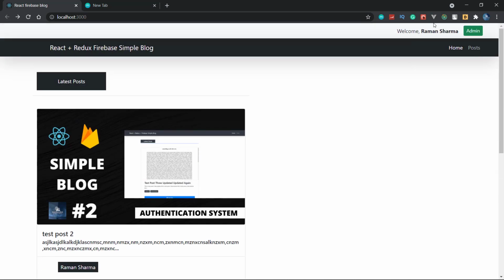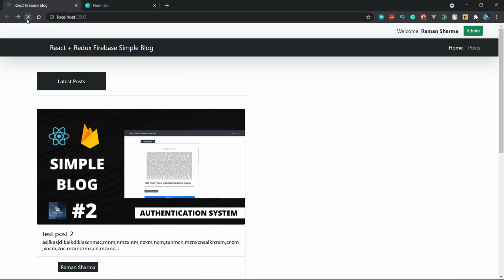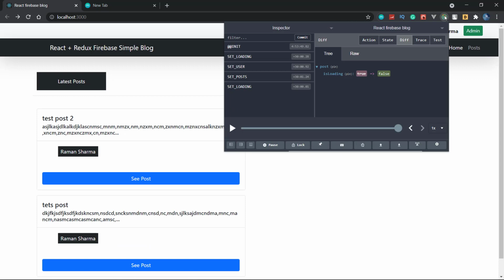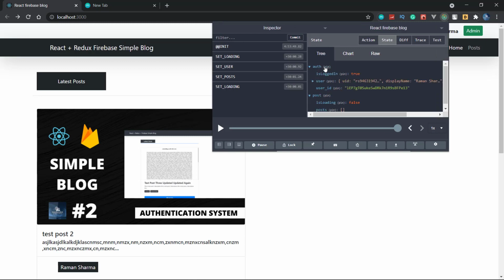Now we are actually not getting this button, so we should get this button. So let's see where is the error here. Here actually we are not getting the post. Let's reload this. State, we are getting the post null.